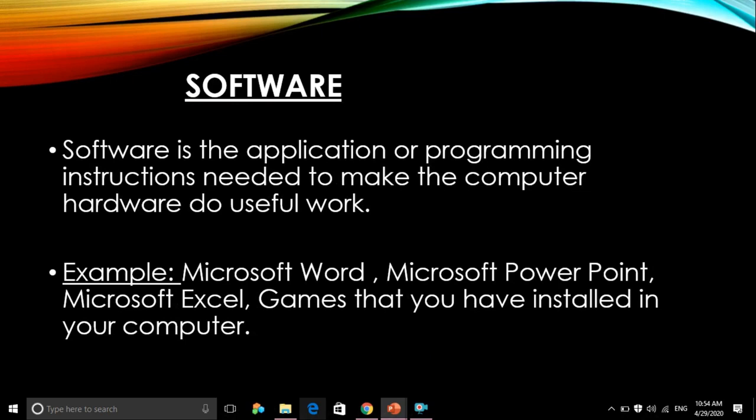I hope you guys understood. So in today's class we have discussed different parts of the computer, that is the devices. I have shown you pictures, and you know some of the devices, and some are new to you, okay? Then we discussed what a computer is, then input devices and output devices, and the last ones were hardware and software. I hope everybody has a clear picture of the difference between all these things, okay?